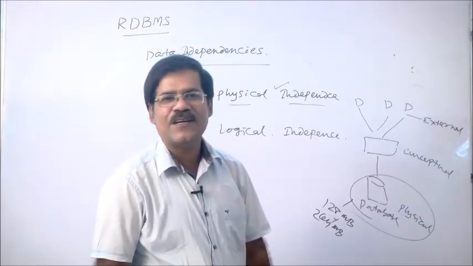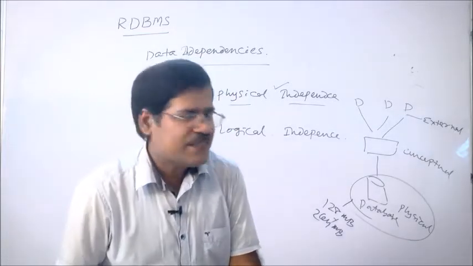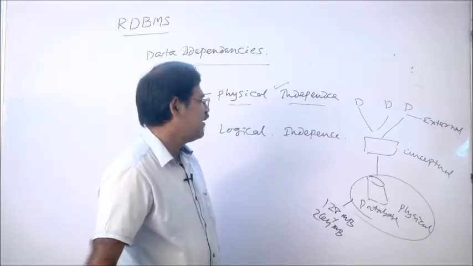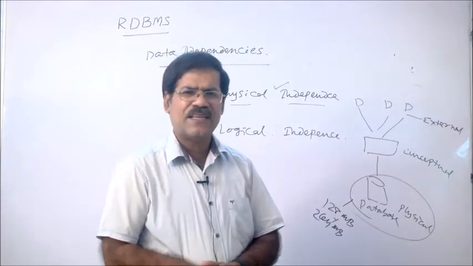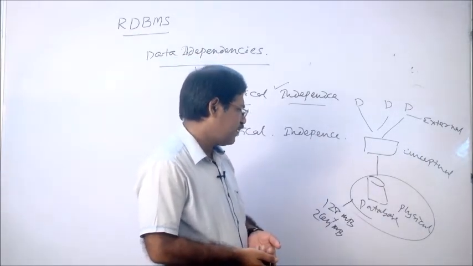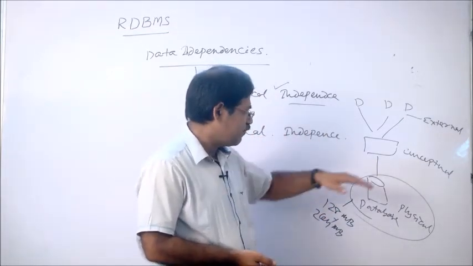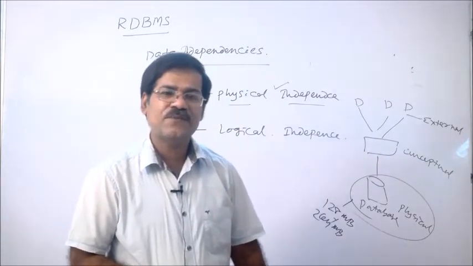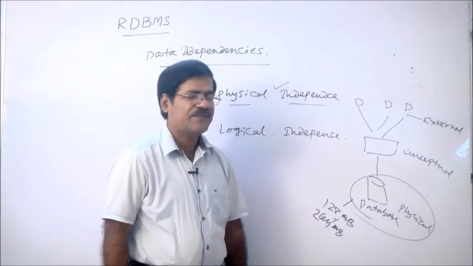So which one is very difficult to achieve, logical data independence or physical data independence? Basically the logical data independence is very difficult to achieve, because if you want to add some storage medium, it will take very little time, because no additional updating will be required. Some device is there, you add something, but if you change in the conceptual view, you need to change the application program. So if you change the application program, obviously it is very difficult to achieve as compared to the physical independence.